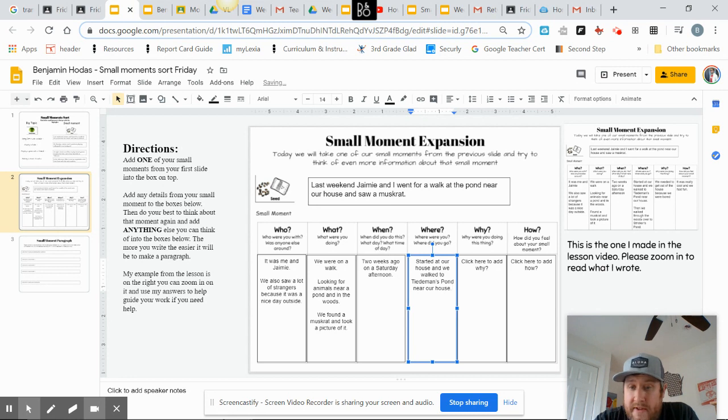It's great if you really have specific information like the name of the pond that we walked to or the names of things. You might not have put that in the small moment the first time you thought about it, but if you go back, like what specifically, think of the names of things, think of exactly where you were. Okay, so after we did that,